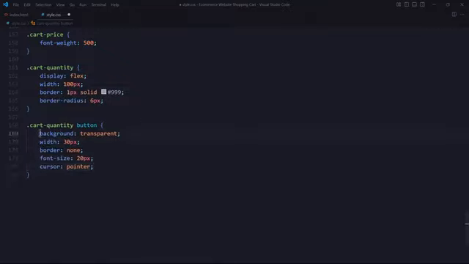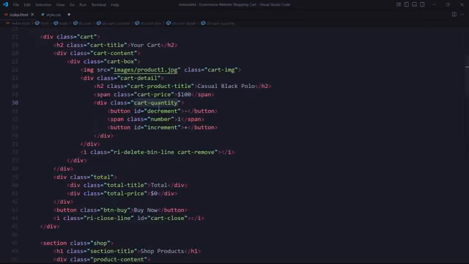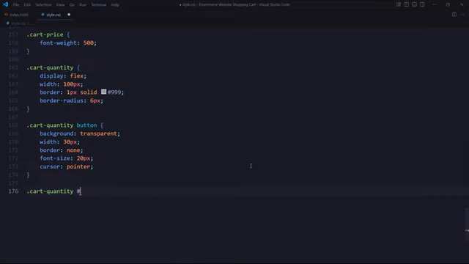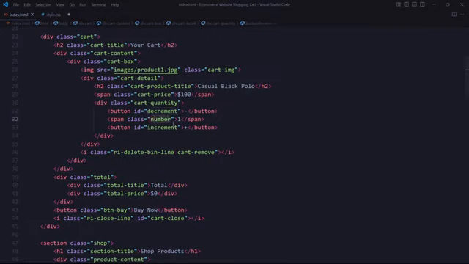background transparent to match the parent element. Width 30 pixels for the button width. Border none to remove the button's border. Font size 20 pixels for the button text size. Cursor pointer to change the cursor to a hand when hovered over. For the button with the ID decrement, color gray to set the text color. Then for the element with the class number inside cart quantity,